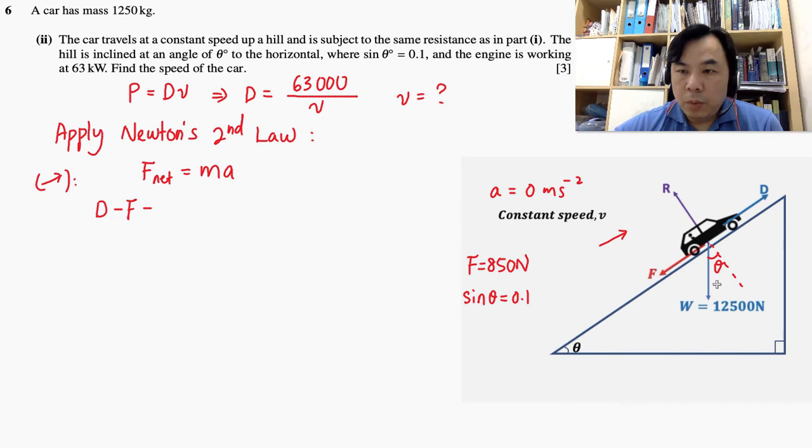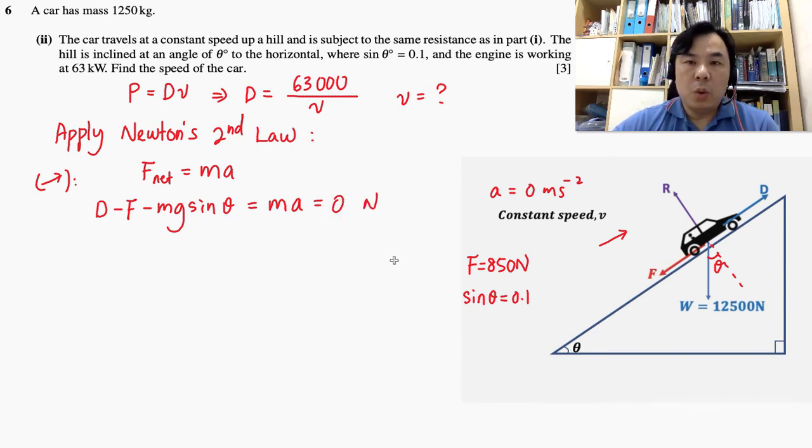The second component will be the weight component along the slope, which is mg sine theta in this case, and that would produce an acceleration. Of course, because it's moving uphill at a constant speed, there is no resultant force. Okay, and from here we know that D must be the same as